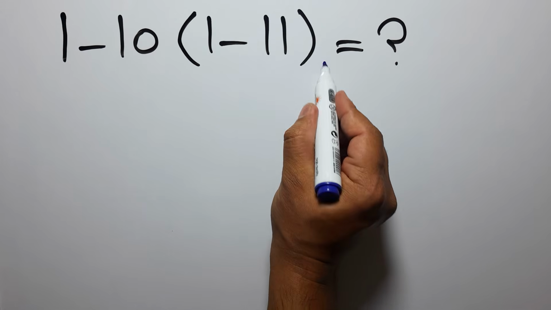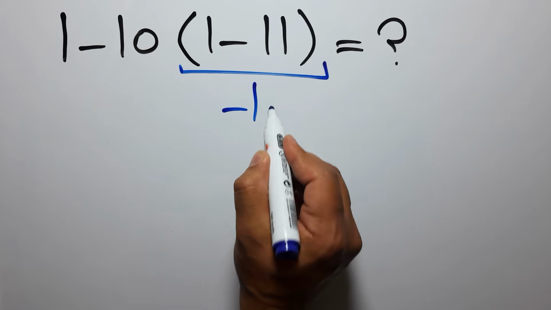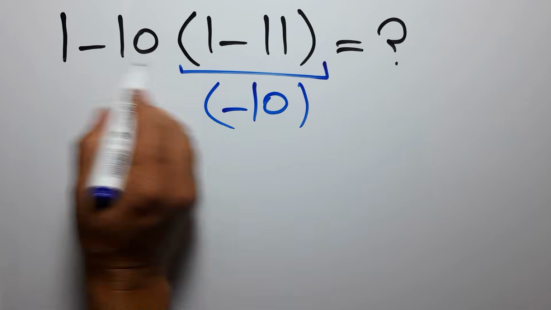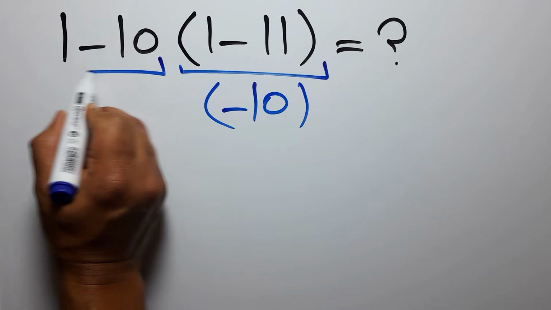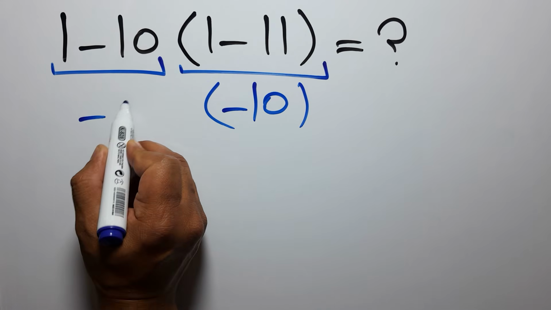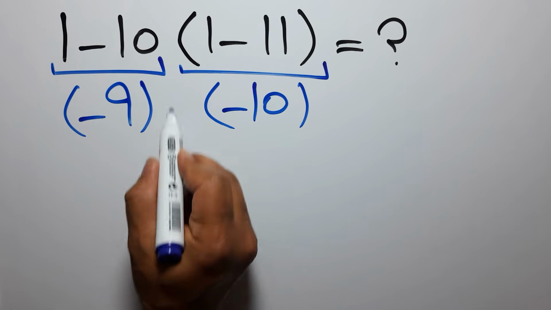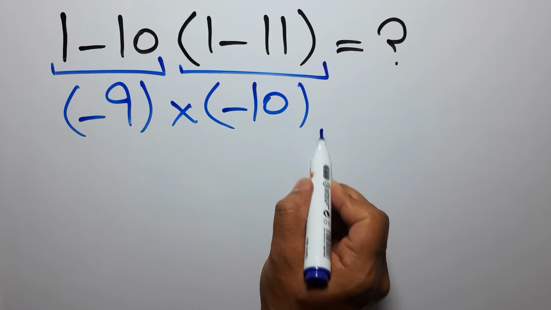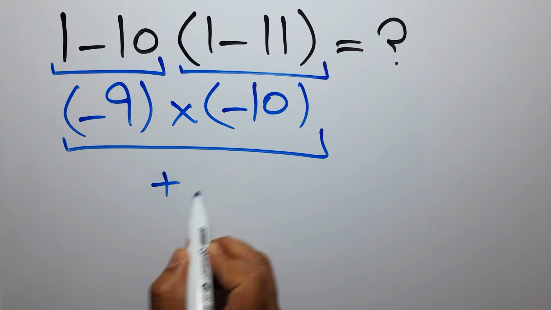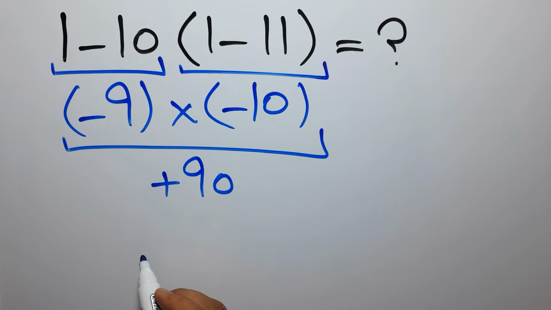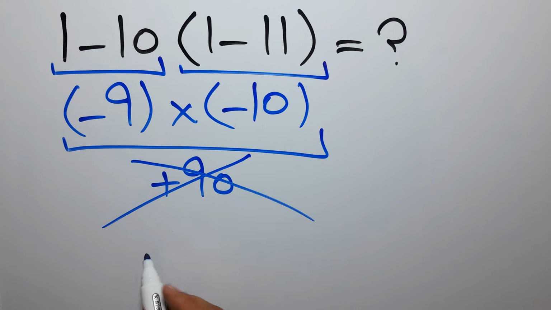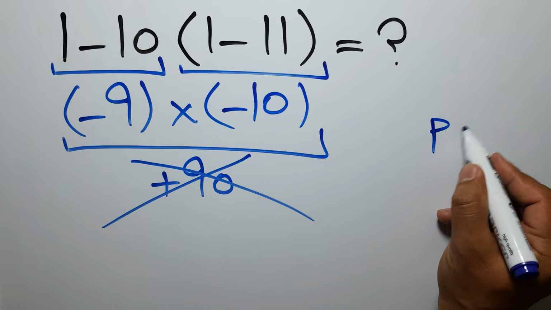1 minus 11 gives us negative 10. And here we have 1 minus 10, which equals negative 9. So negative 9 times negative 10 equals positive 90. But this answer is not correct, because according to the order of operations, which is PEMDAS,